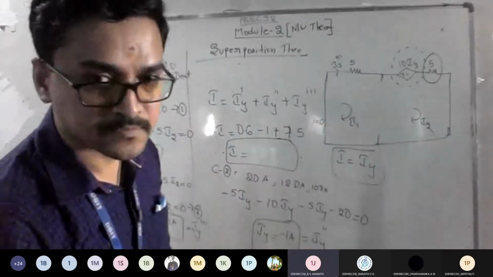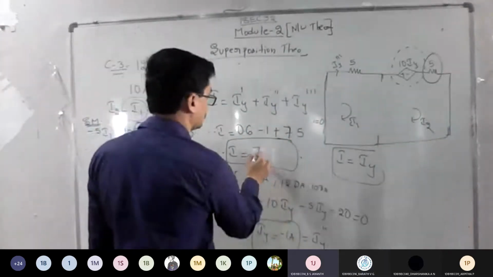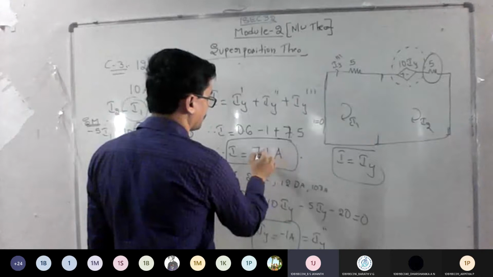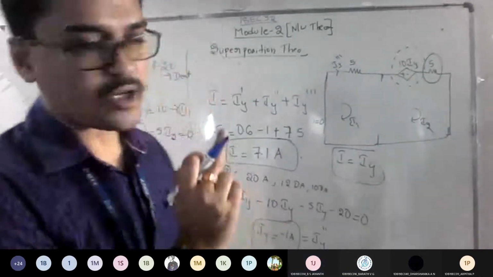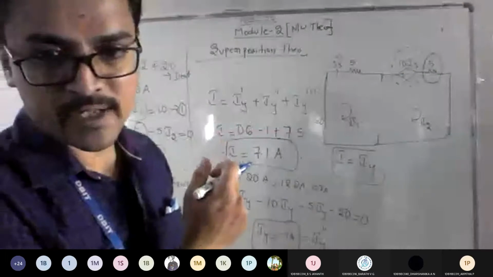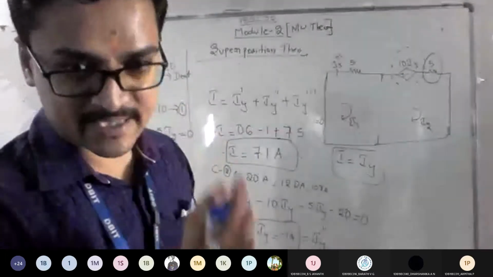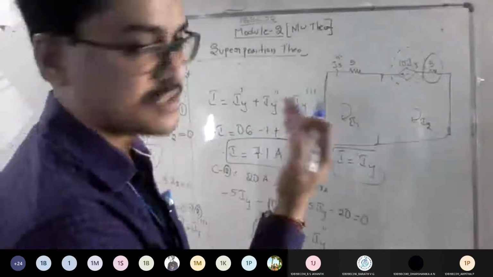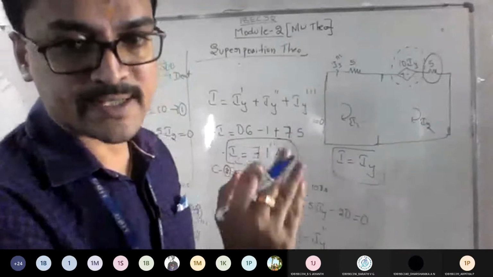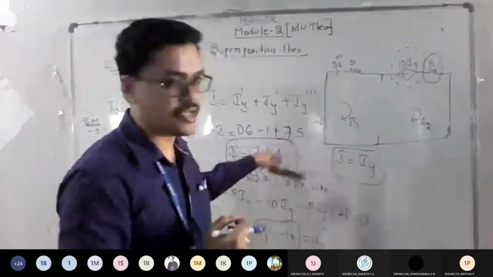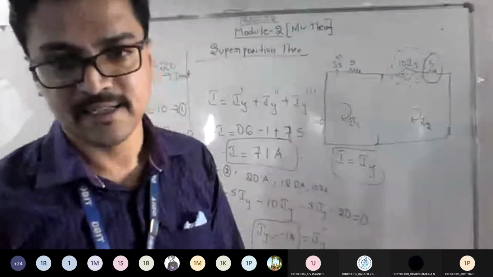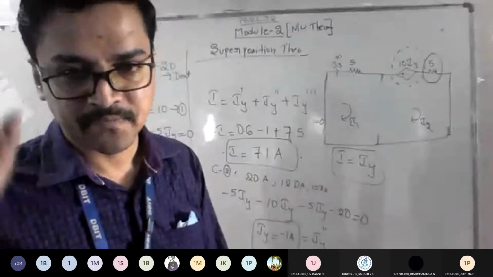How much? 7.1, sir. 0.1, sir. Positive, right? Yes, sir. Got the logic, everyone? So across the left hand side of the 5 ohm resistor, you got minus 2.9. That is the first answer. Similarly, across the right hand side, only the case number 3 changes. So you just add the 7.5 here, and you're going to get the final current as 7.1 amp.